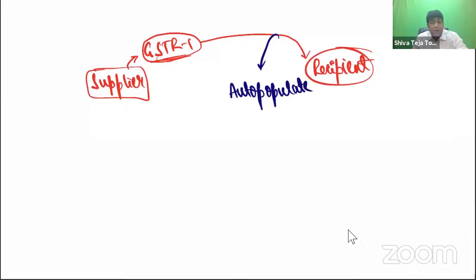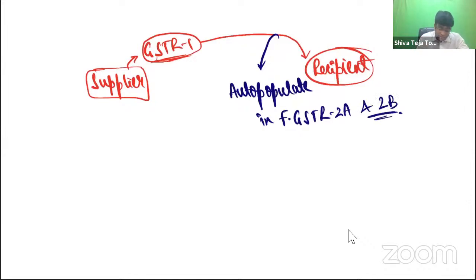Auto-populate means it is automatically generated. It's not prepared by somebody. It will auto-populate in forms GSTR 2A and 2B. The small difference is that I'll write 2 lines here. With these 2 lines, the whole story should be clear. Number 1,